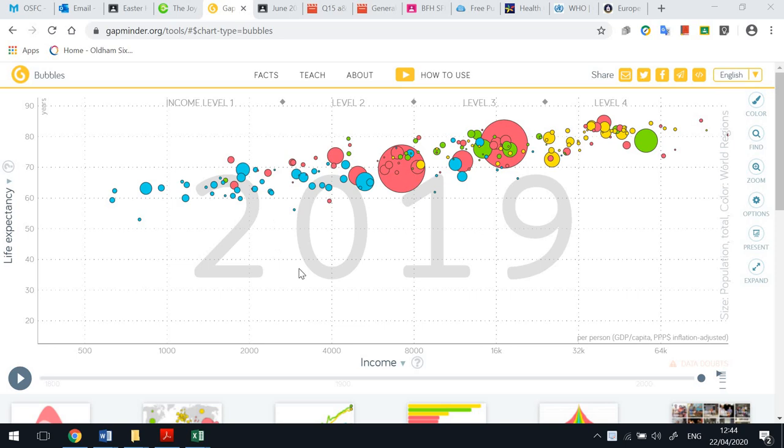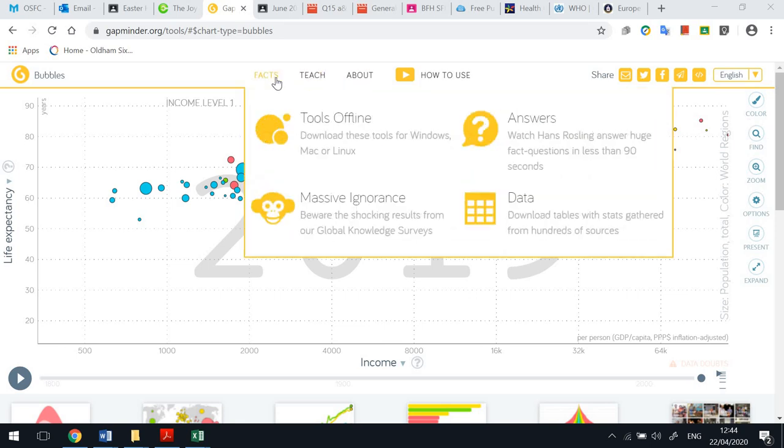Now this is an amazing website called Gapminder. There's so many things to play with on here. This graphic in the beginning is so interesting. You should have a look at it. What I wanted to look at was the different data today. So if you go into facts and click on data,